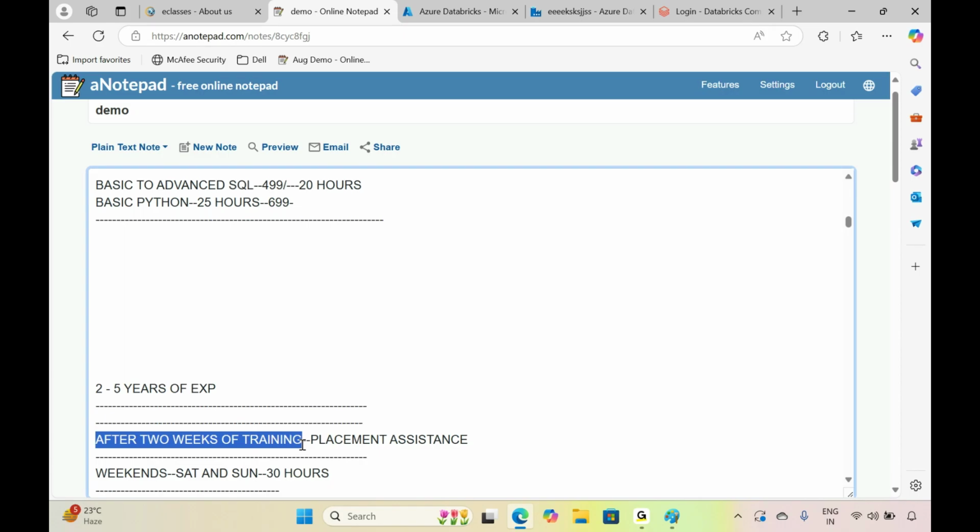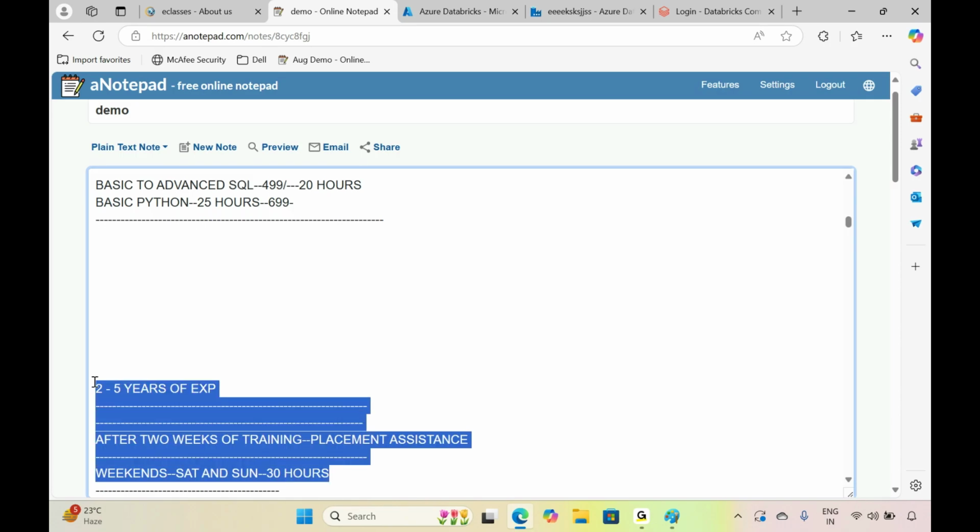That means program one we are going to start from a Monday, and after 2 weeks, exactly after 2 Mondays, we are going to start this second program, because we need to complete at least 2 weeks of syllabus before this program can be started. This program is only on the weekends, Saturday and Sunday. Overall we are going to spend 30 hours for this second program.